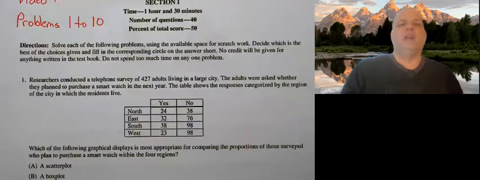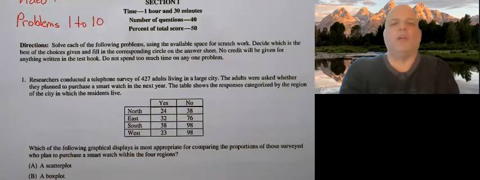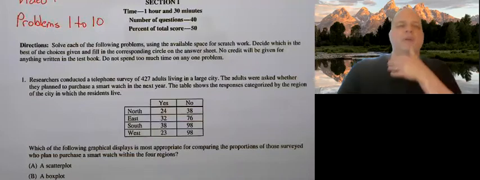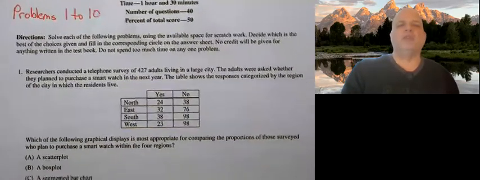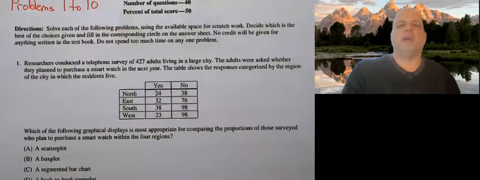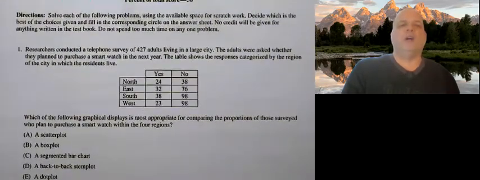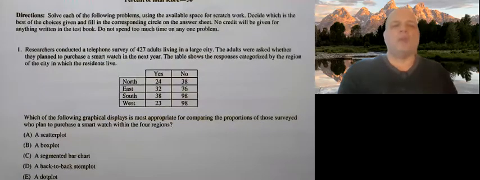Researchers conducted a telephone survey of 427 adults living in a large city. The adults were asked whether they plan to purchase a smartwatch in the next year. The table shows the responses categorized by region. Which of the following graphical displays is most appropriate for comparing the proportions of those surveyed who plan to purchase a smartwatch within the